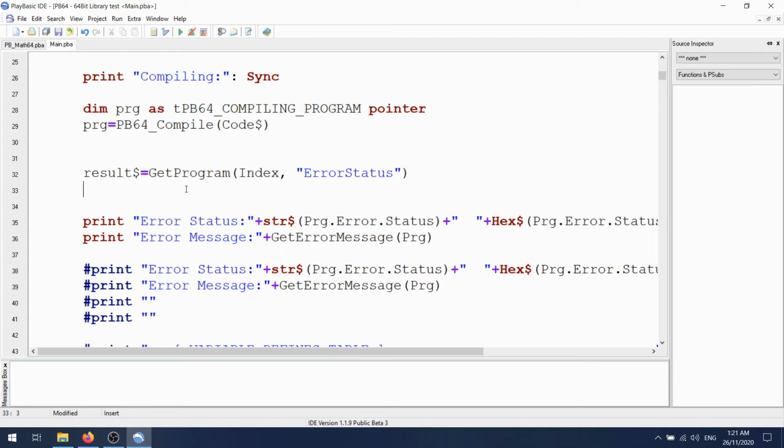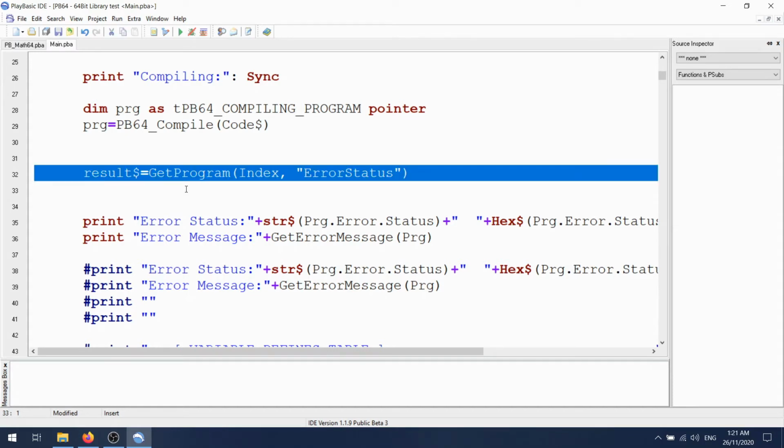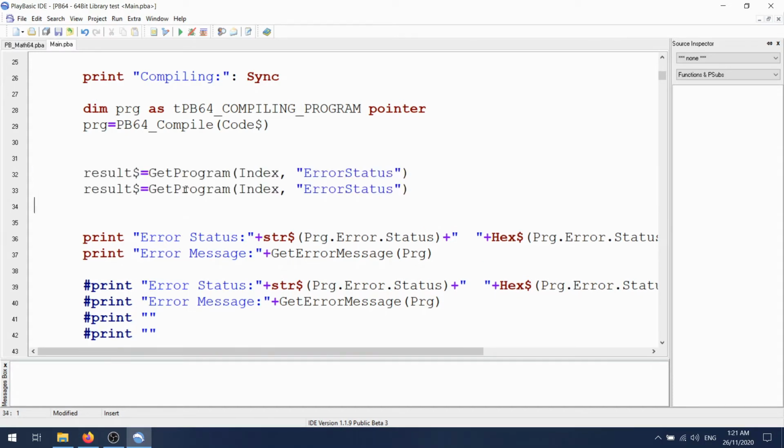Well, that might be the error status, and like error message or something like that. Again, we're thinking on the fly. Internally, modern 165 works like this.